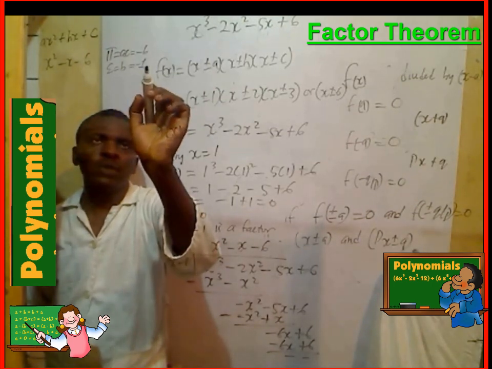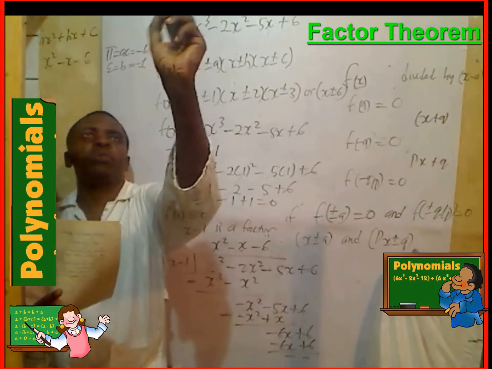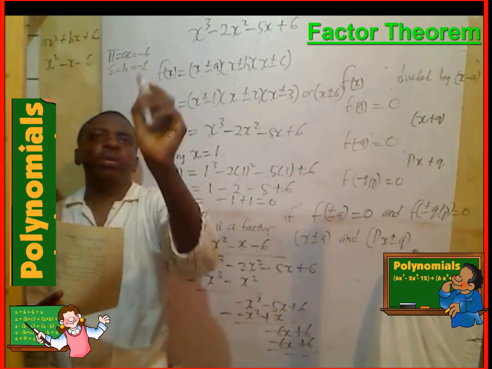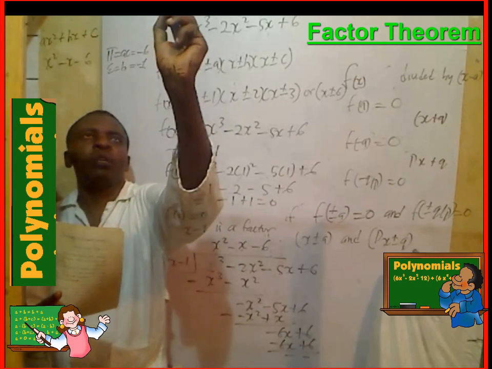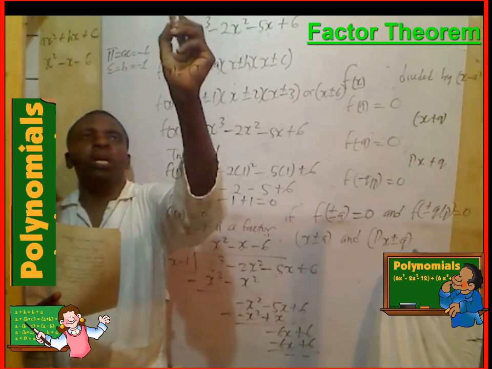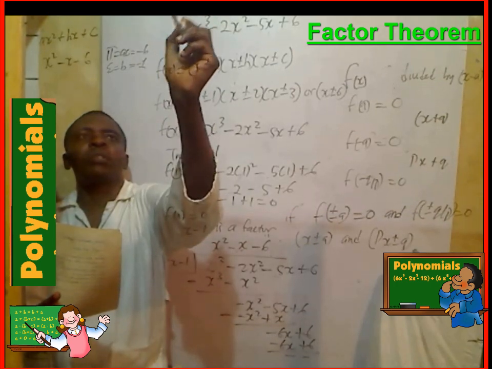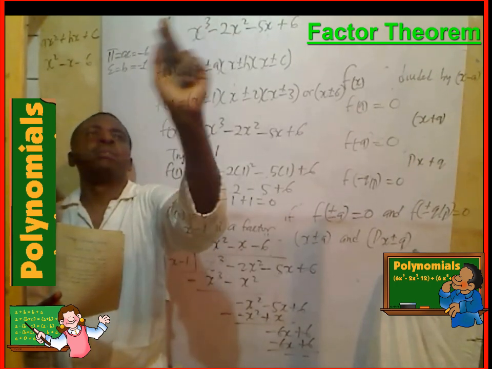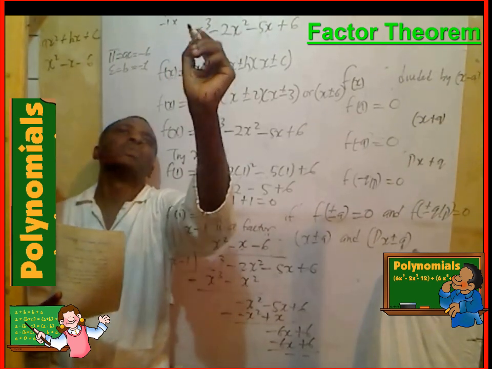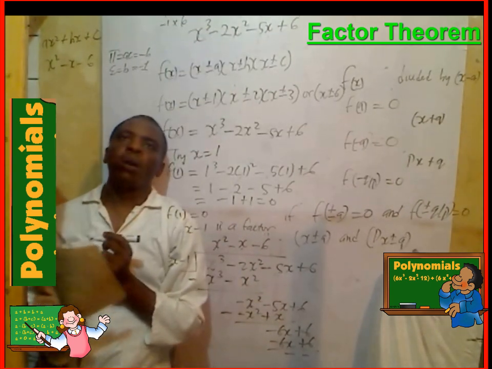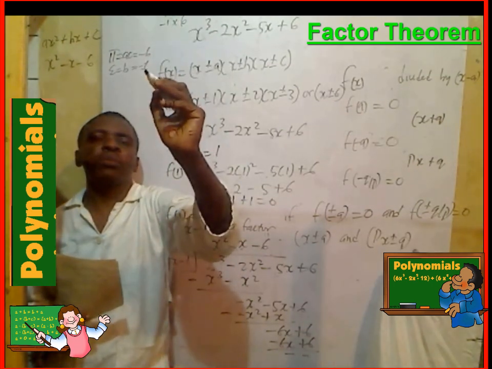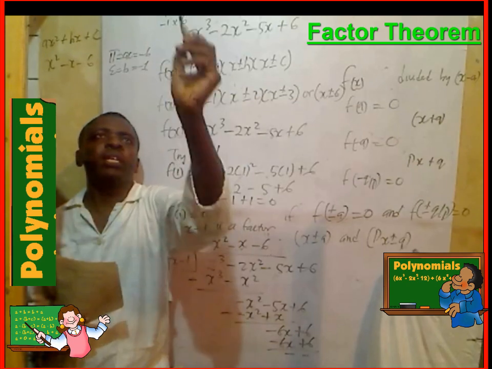So what are the factors of 6? What are the factors of minus 6? I will have minus 2 times 3, or minus 3 times 2. I could have 1 times minus 6, or minus 6 times 1, or minus 1 times 6. Now, which among these, when added, give us minus 1? I see that if I say